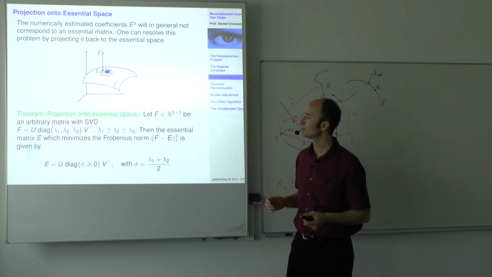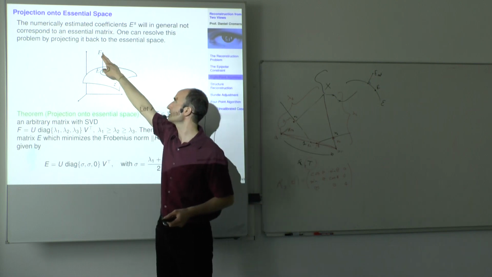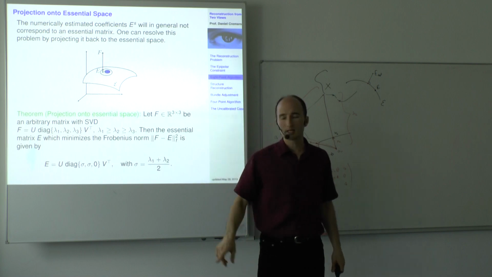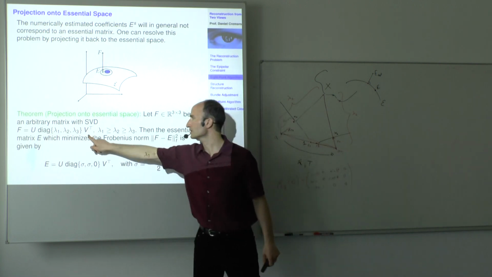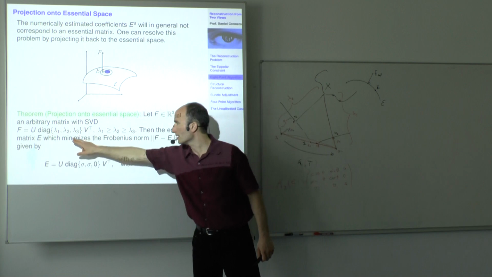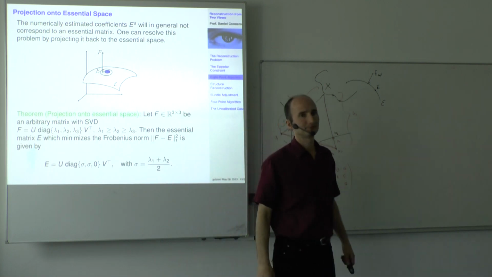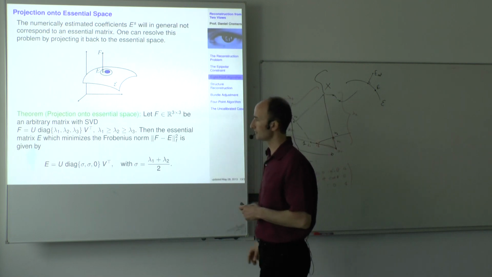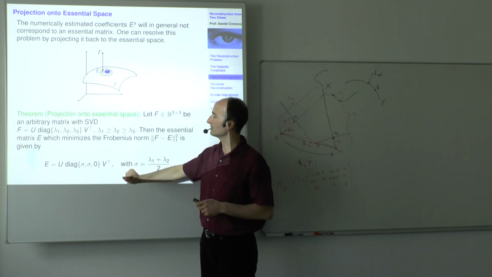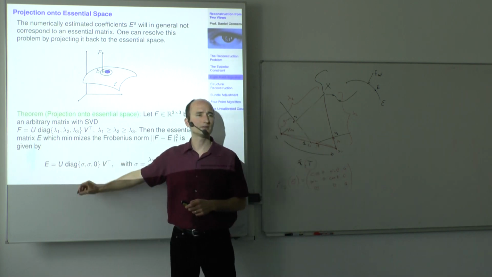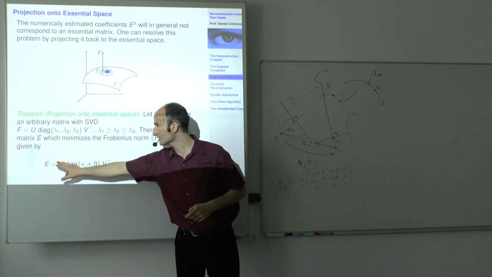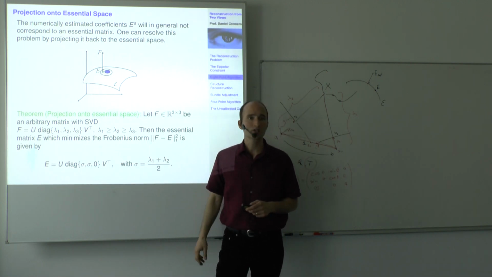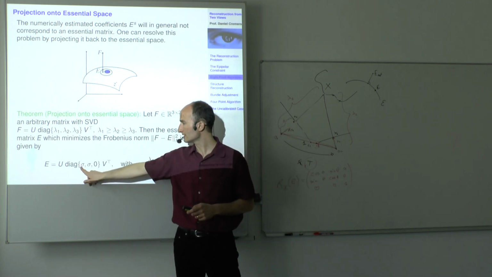Which means all you have to do is, for this projection, compute the singular value decomposition and then replace the singular values in this manner. Replace the smallest one, just set it to 0, and the other 2 just average them. In addition, I should say that in reality we don't know the scale of things anyway. We don't know the size, so we can always multiply this with any scalar, it's still a valid solution. So what we do in practice is we set sigma to 1,